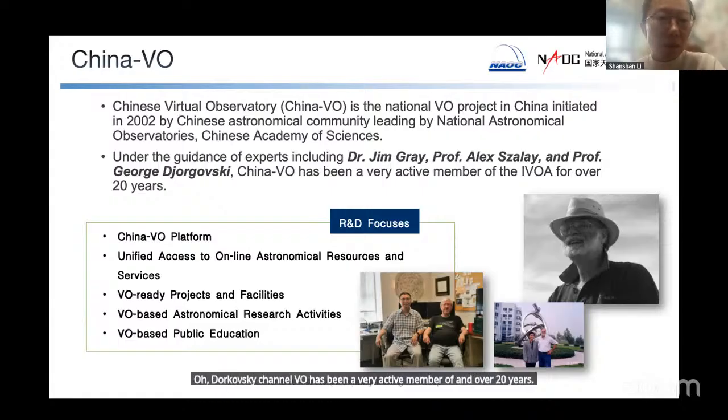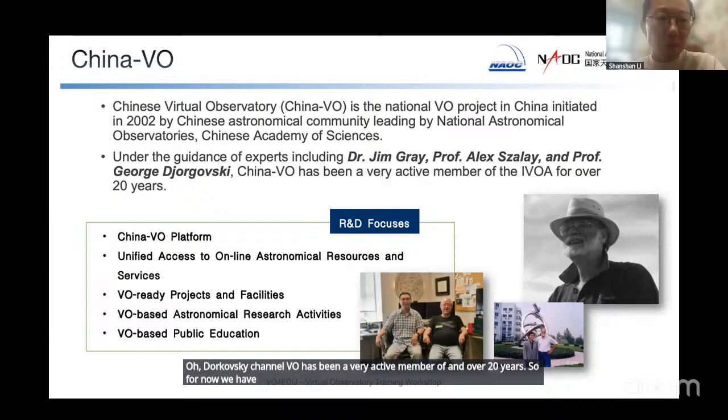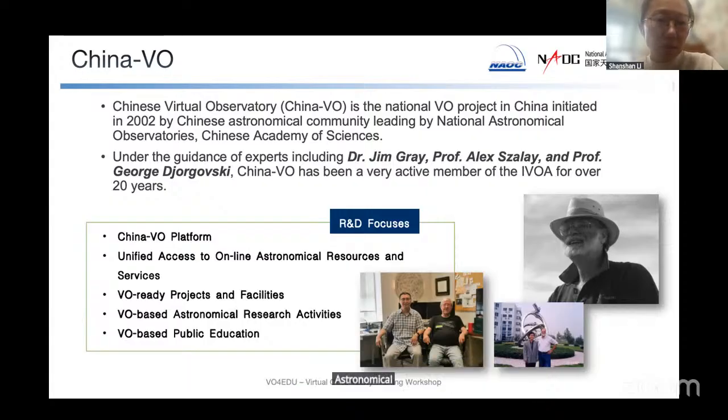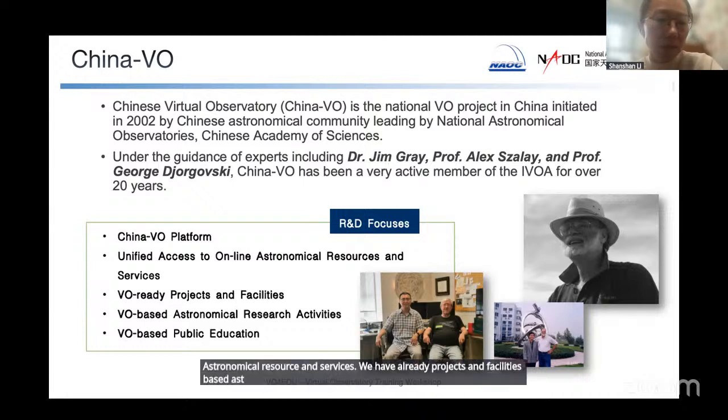For now, we have the China VO platform, with unified access to online astronomical resources and services. We have VO-ready projects and facilities, VO-based astronomical research activities, and public education services